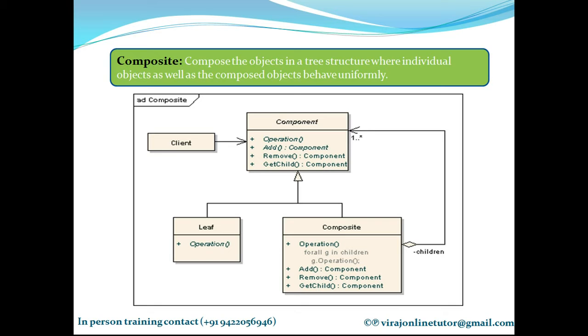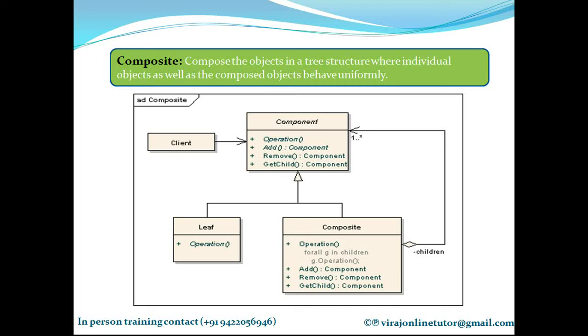Okay. So I have a component based class. Then I have a leaf. Now what is a leaf? Leaf is a very simple object which cannot be broken down further. So when you have a complex structure to be developed, the very first thing that you do is you divide it into different parts. Now some parts are very small parts which cannot be divided further, and that is the leaf. And what is a composite? Composite is the one which is a complex object which can be broken down into small parts.